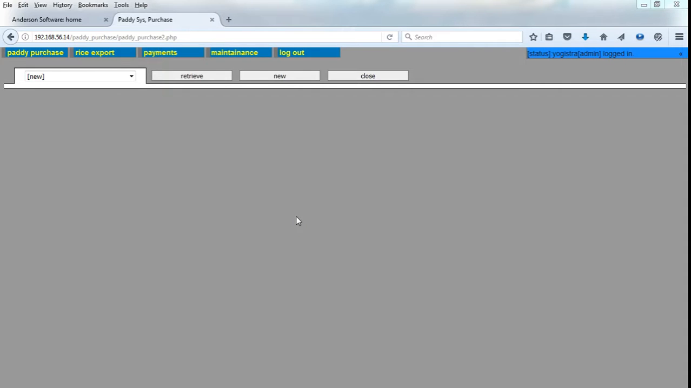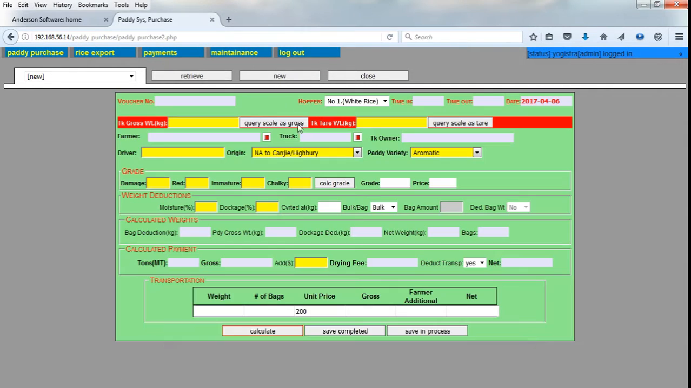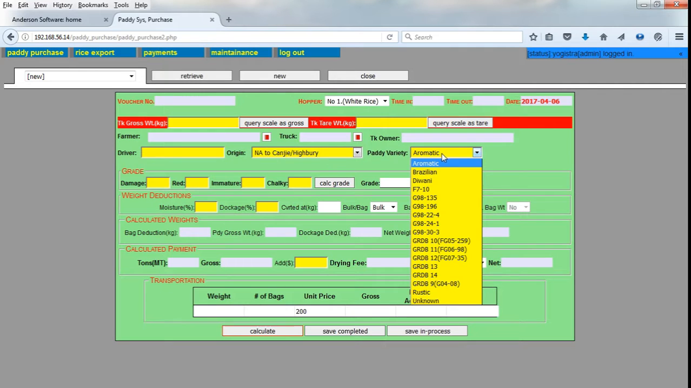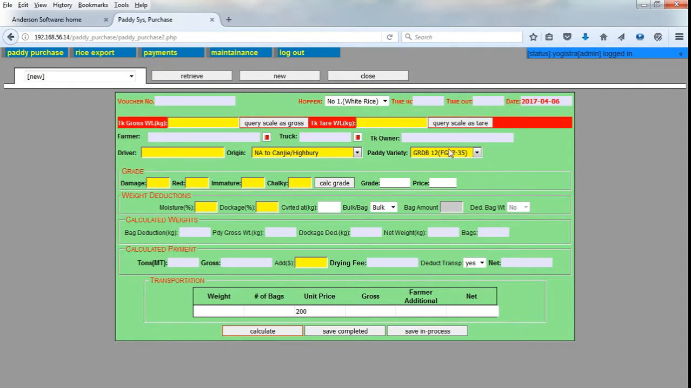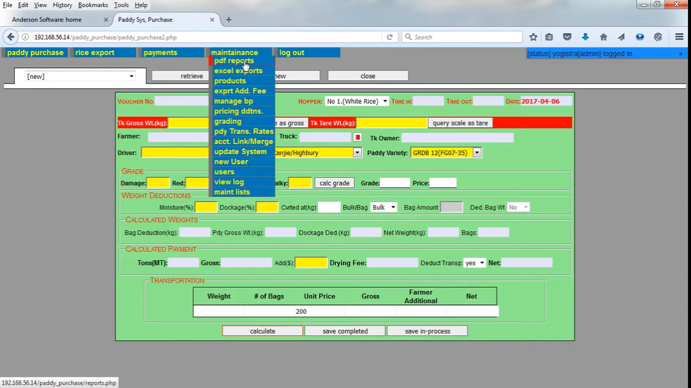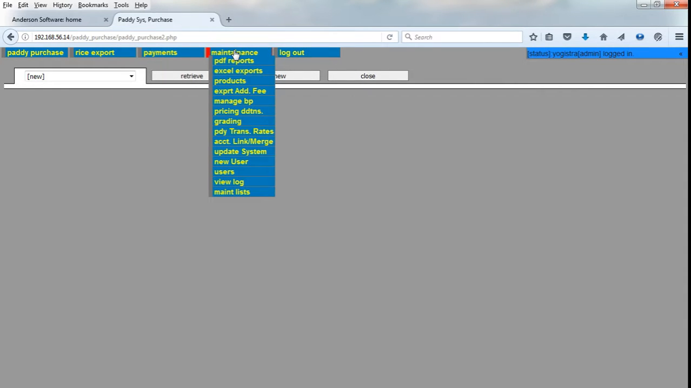Today we are going to do a tutorial on doing maintenance in the PaddySys system. Well, we are not doing maintenance in a mechanical sense or anything like that, but we have some lists that we need to maintain, some pricing, some variety, that kind of stuff. So from the maintenance menu, we can see there's a whole host of stuff that we can use